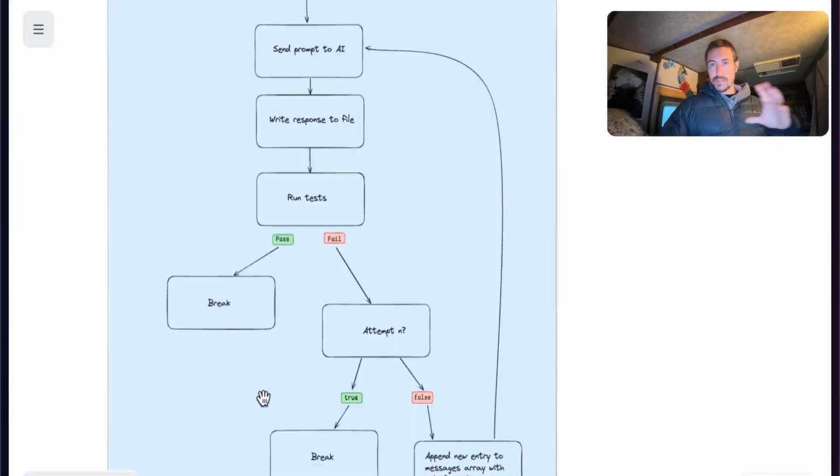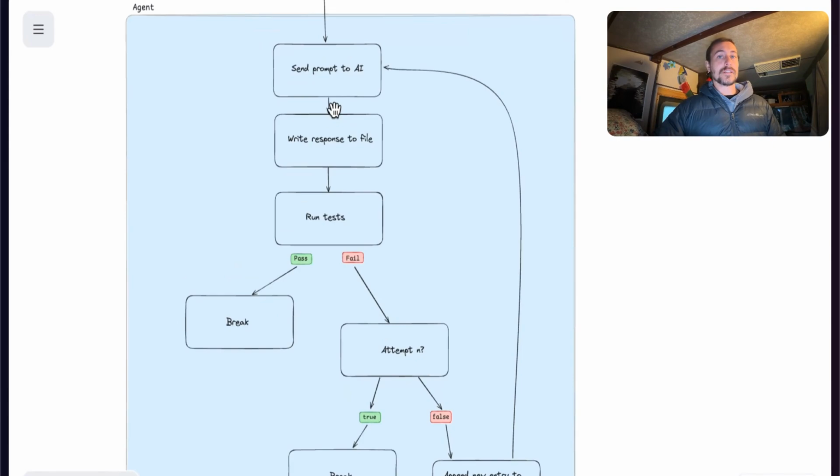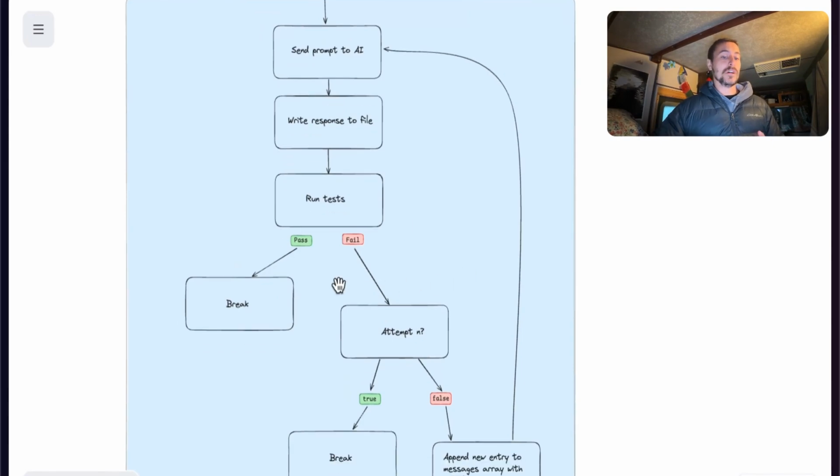So now we're appending our new entry to the messages array with our retry prompt. Every time the test fails, it just keeps adding onto our messages, extending the context that the AI model is actually really good at handling. So we have our agentic loop. We're good. Our only problem now is that it's infinite. So the last step in this video is going to be adjusting it for a max attempt. So I'll see you then.